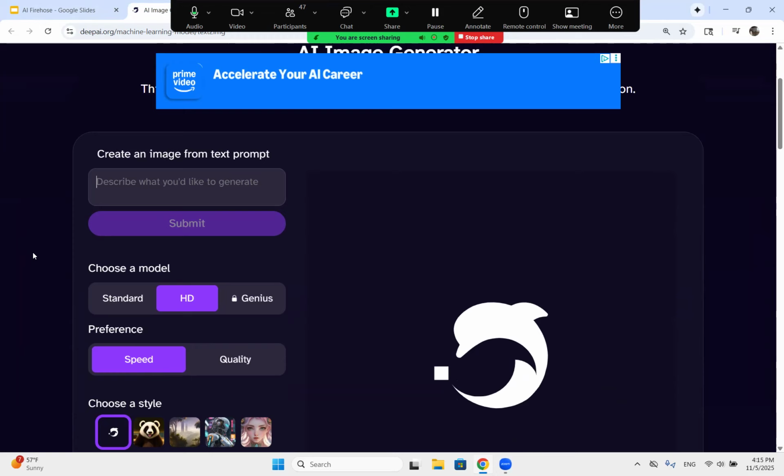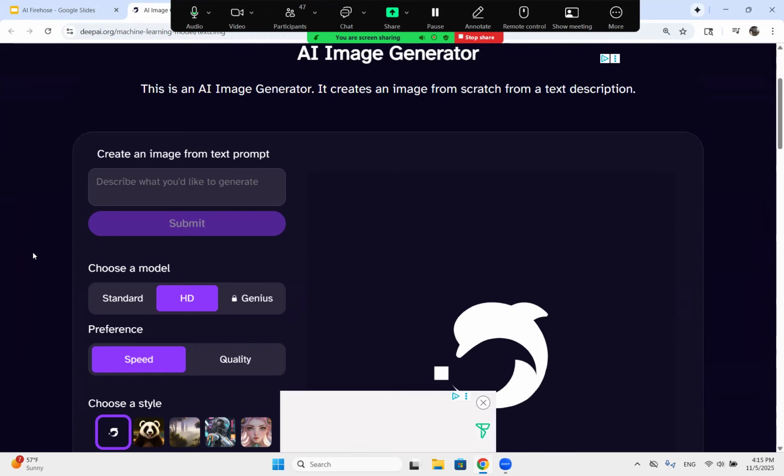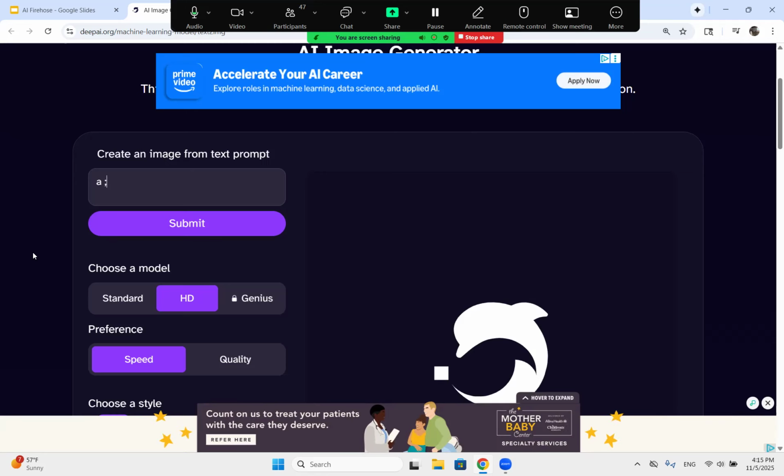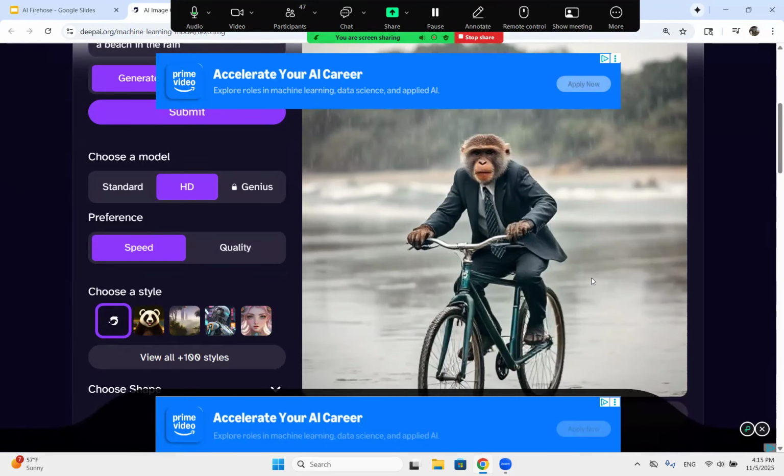So in my world language class, a common activity that my educators engage students with at the beginning of the class, they might have a quick bell ringer. And I don't know, you might want to see a monkey wearing a suit on a bicycle on a beach. Let's see, in the rain. I don't know. So you might want to present kids with a funky image,